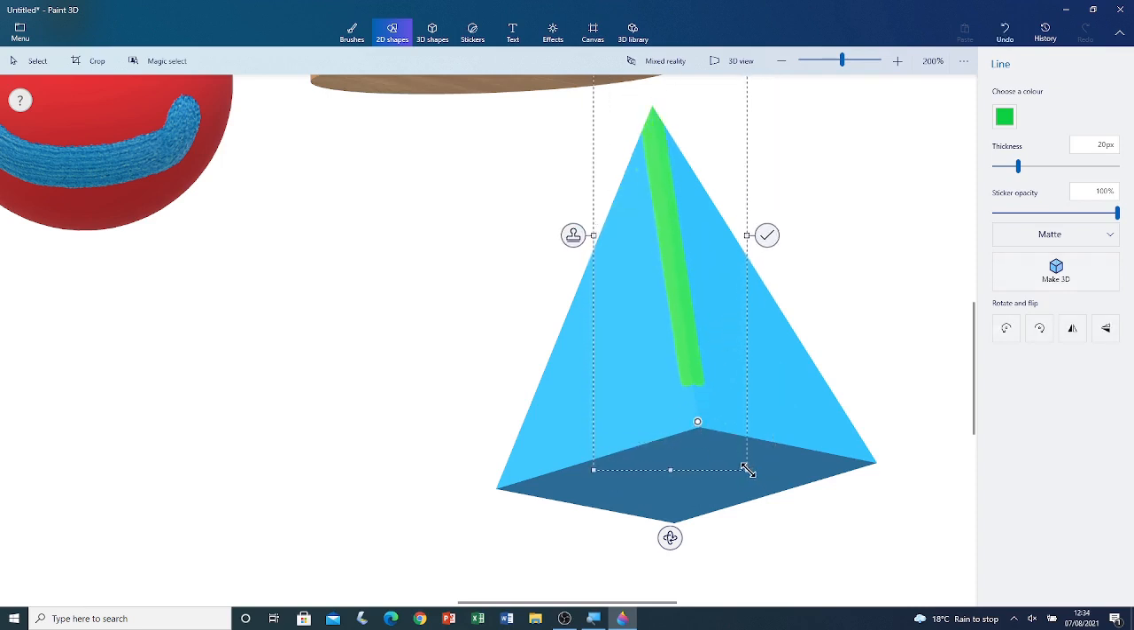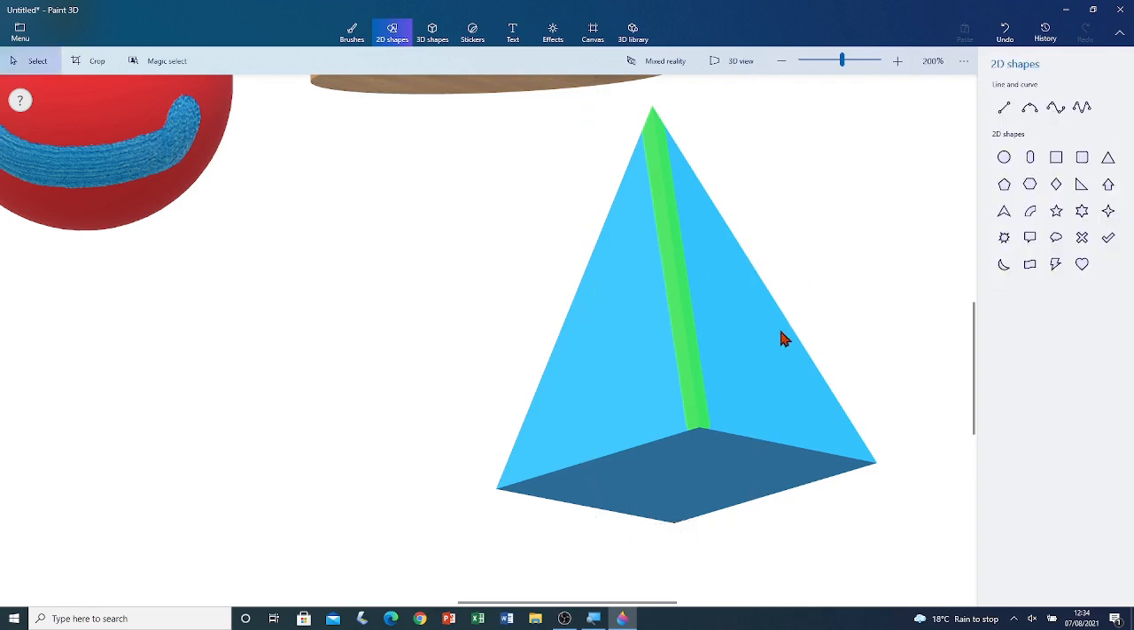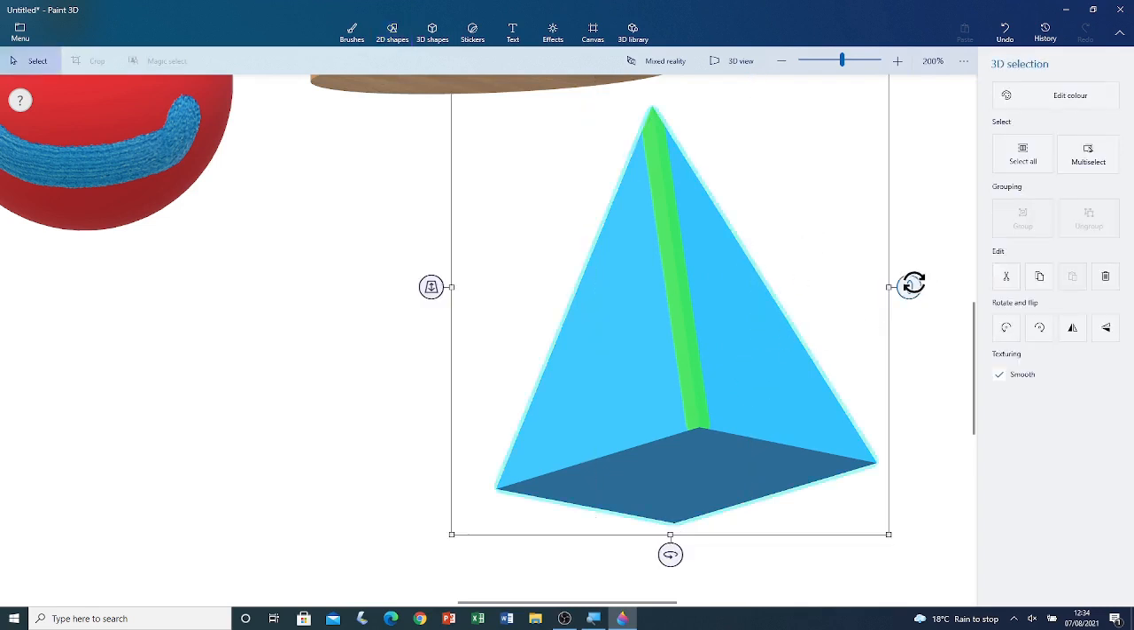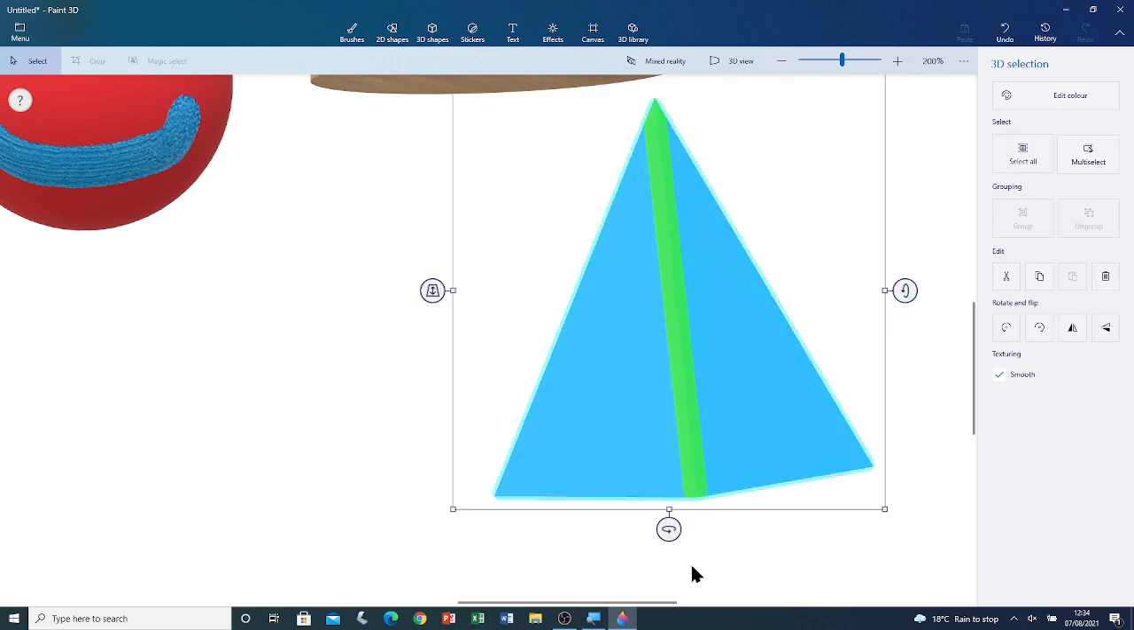Now if I extend it, you can see the line more clearly. It's not perfect, but it's wrapping around the edge. I'm going to commit. Now if I move around,